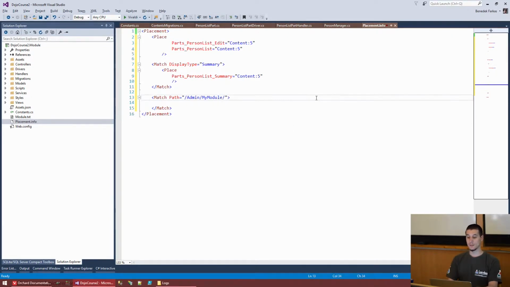Or if it has some route values and you want to match all of that, then you can say /*. So this will say /admin/my-module/ whatever else. So this might also be useful. Let's say that if I am going to admin my module and whatever route value comes after, I want to hide the shape, because there's some other module